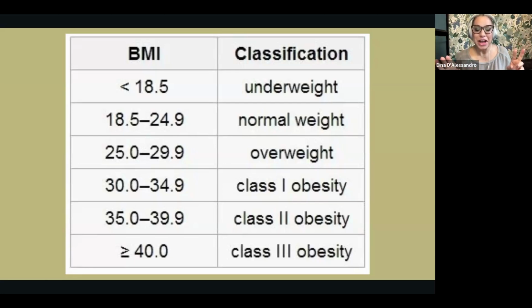Nothing else is involved in there. So it does not take into account all the other things that I mentioned. It doesn't take into account muscle mass, bone density, body composition, ethnicity, race, age, none of that. And if you can see here too, in that middle category of 25 to 29.9 in that overweight classification, we